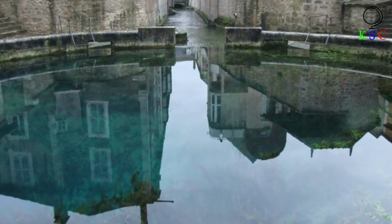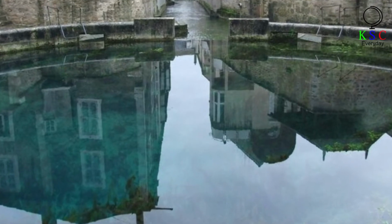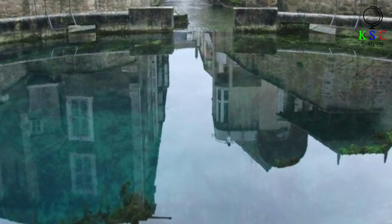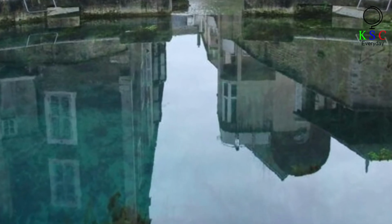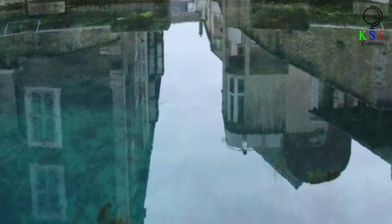The water at the surface appears calm and tranquil, belying the powerful current that must exist beneath. This peaceful exterior masks the dynamic and possibly complex underground pathways that feed the spring. The appearance of the Fosse Dionne's surface water can be deceiving, as it does not reflect the potential turbulence and flow dynamics occurring beneath. Dominique Aguilar, the mayor of Tonnerre, discussed the significance of the Fosse Dionne to the town